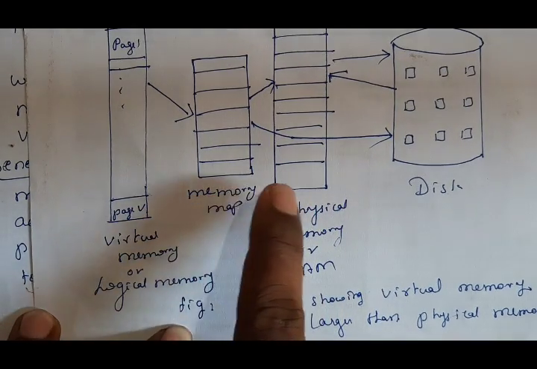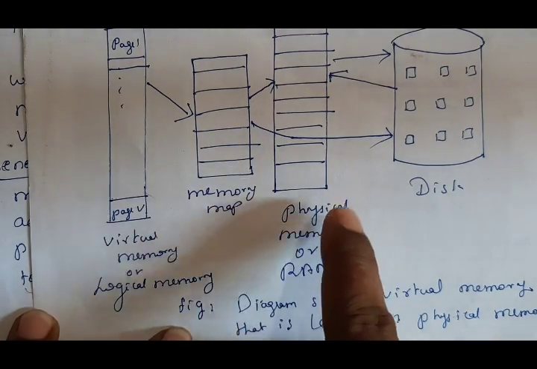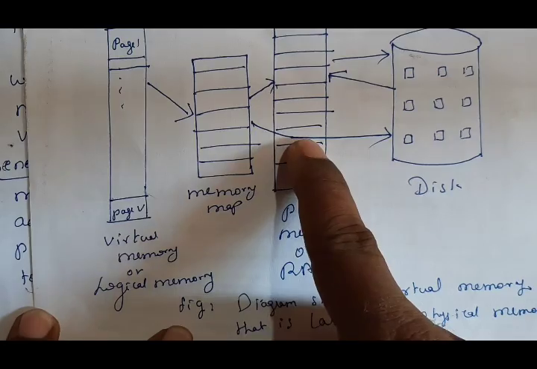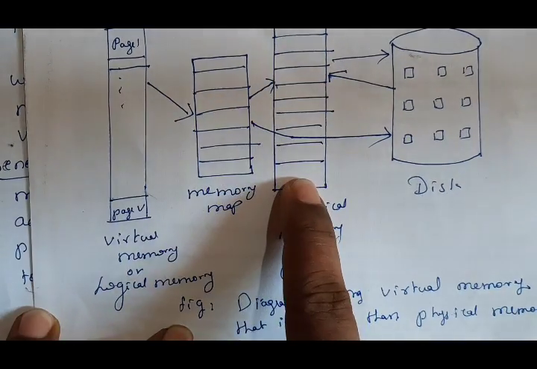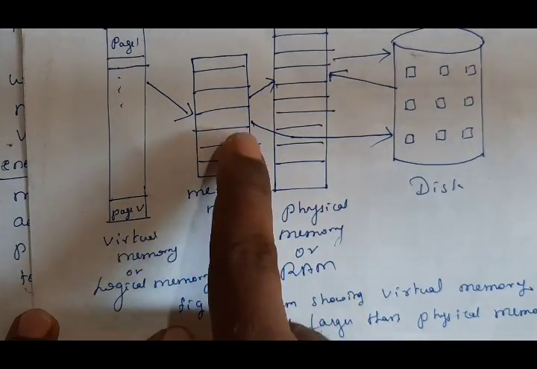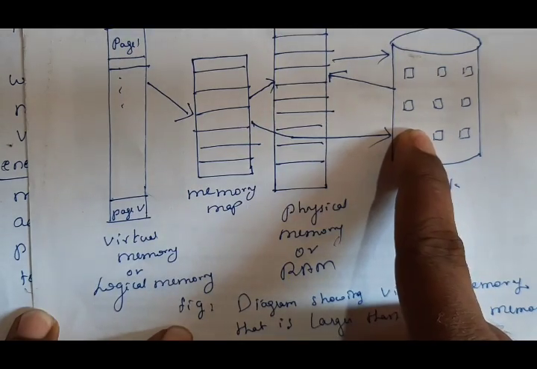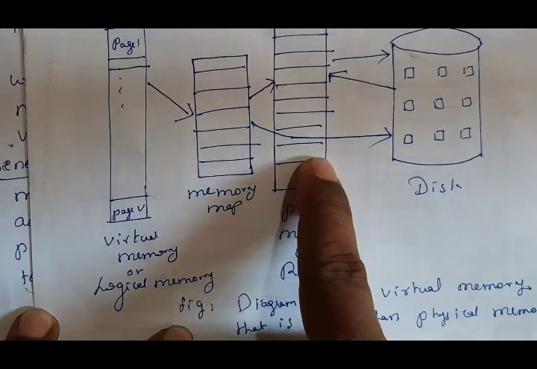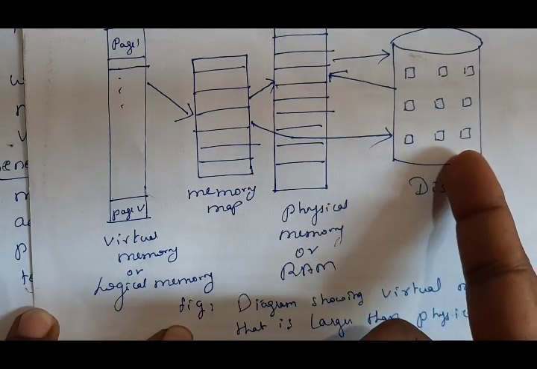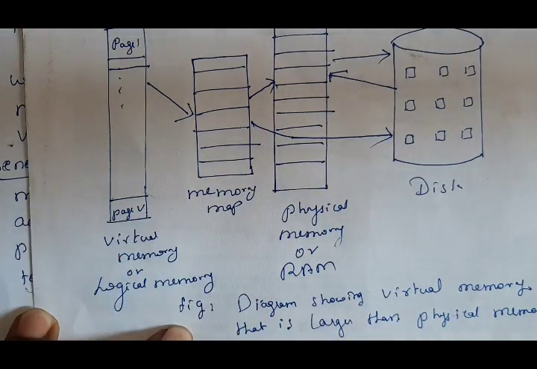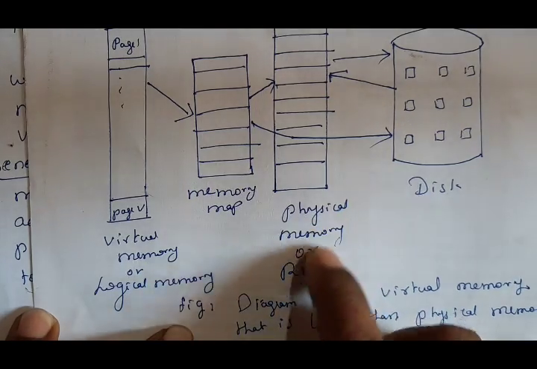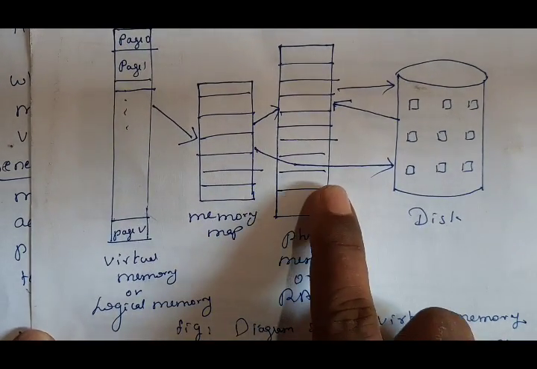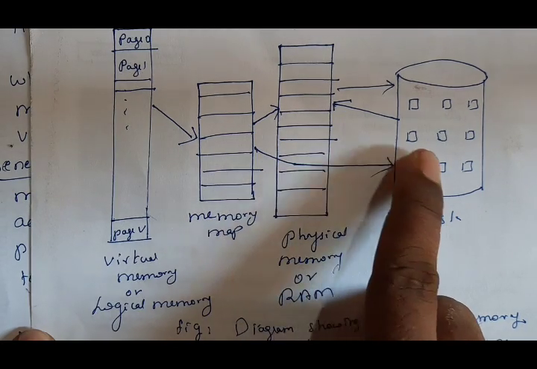Whenever RAM wants, it is transferred to RAM. If RAM doesn't want it, then it is transferred to disk. The virtual memory sends information to the RAM or to the disk, or it takes from the disk or from the RAM. Sometimes RAM has limited capacity, so you have to get from the disk.